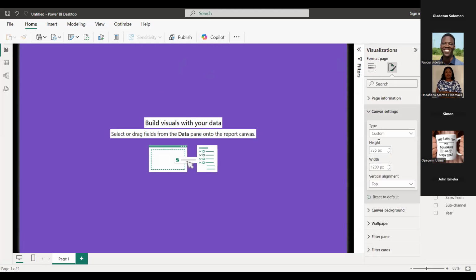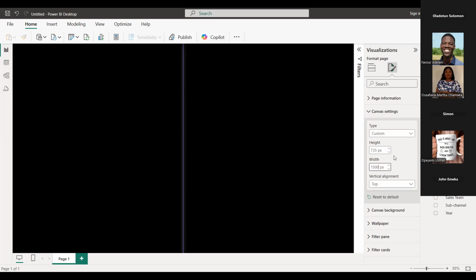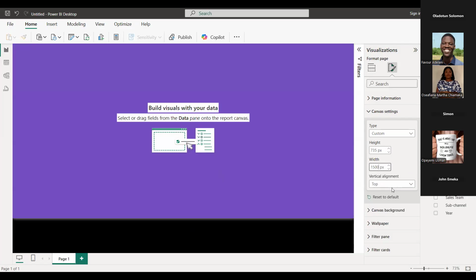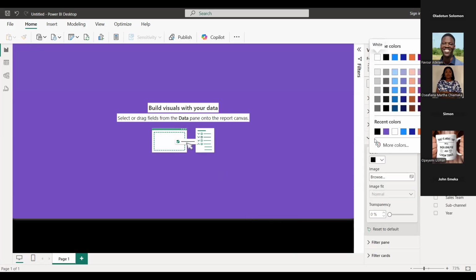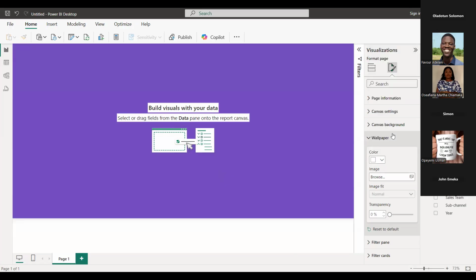I'm just going to go back and expand my canvas ratio gradually. Now, as you can see, the canvas background is not just to the side, it also affects the height as well. You can see there's still a shade of black underneath. So whenever you want to make changes, it is always preferable that you change your canvas background and not your wallpaper. For the wallpaper, you can also insert images and set the fit.